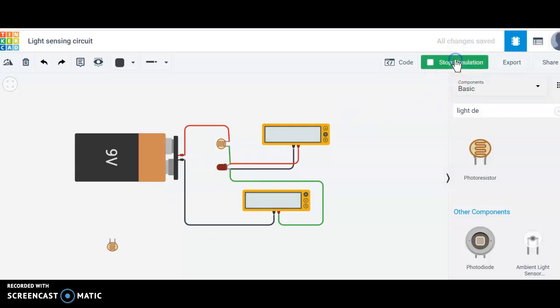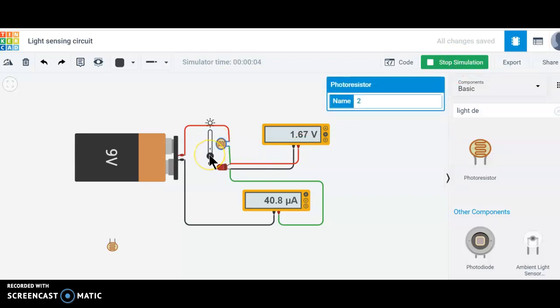I run the simulation again and click on the brightness control. Now you can see when it's completely dark, the current flowing through this circuit is 40 microamp, which is very small. Now if I start to increase the brightness of the environment,